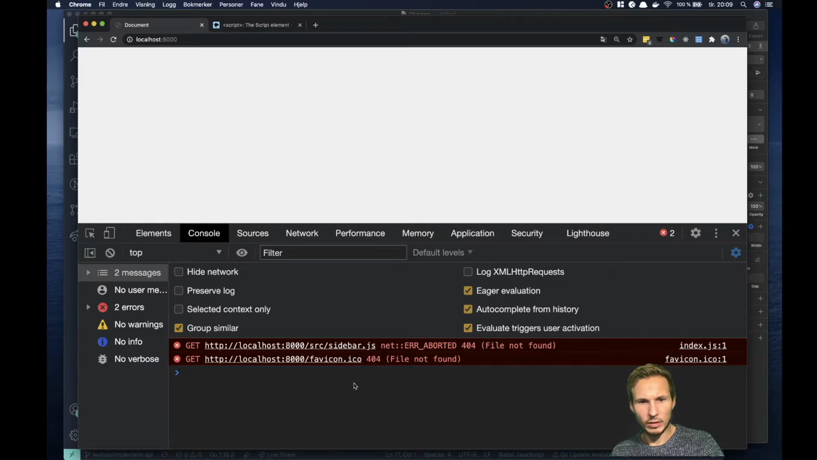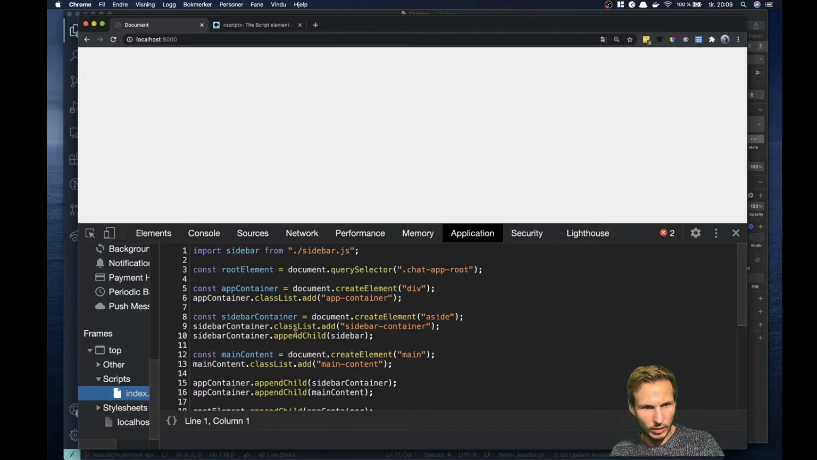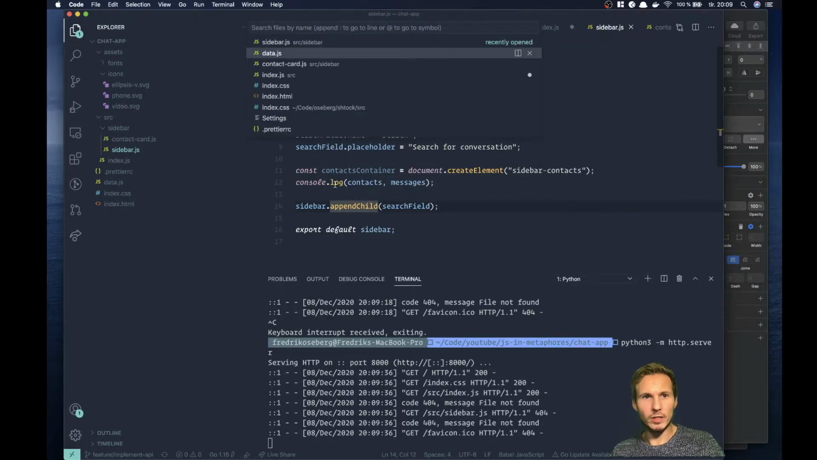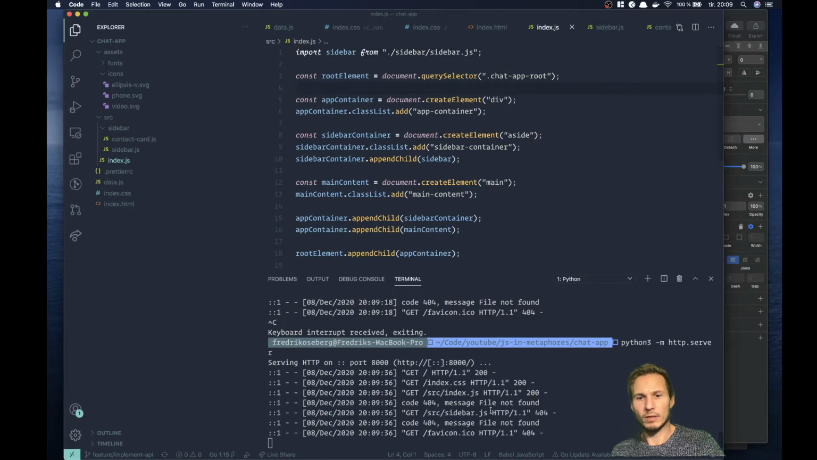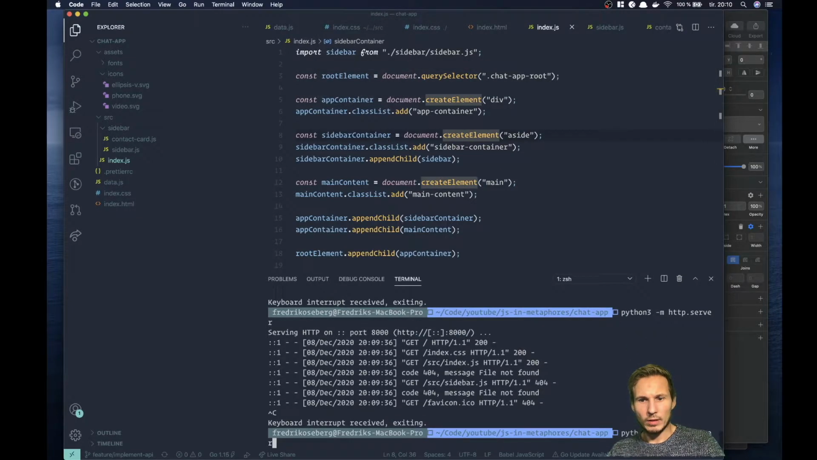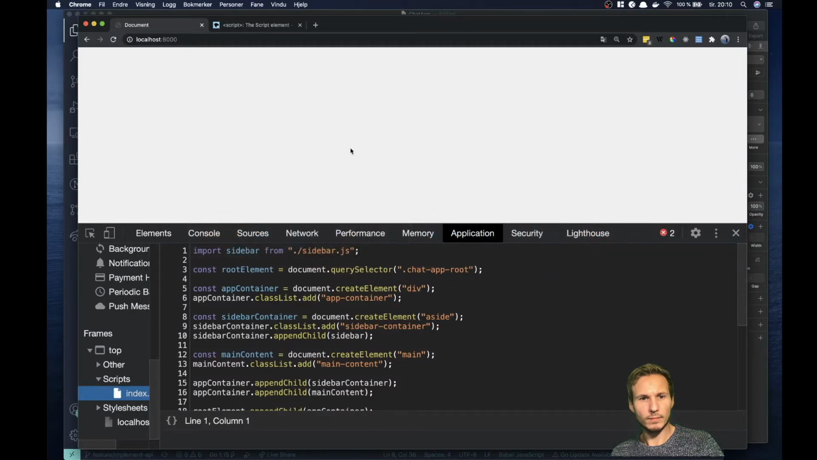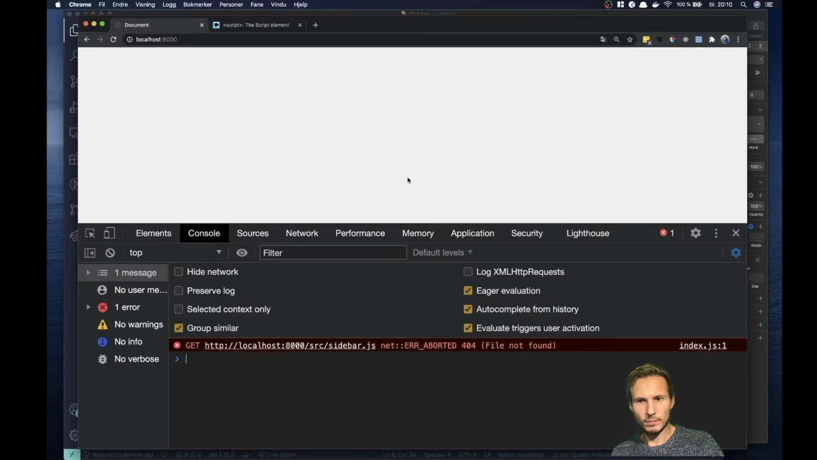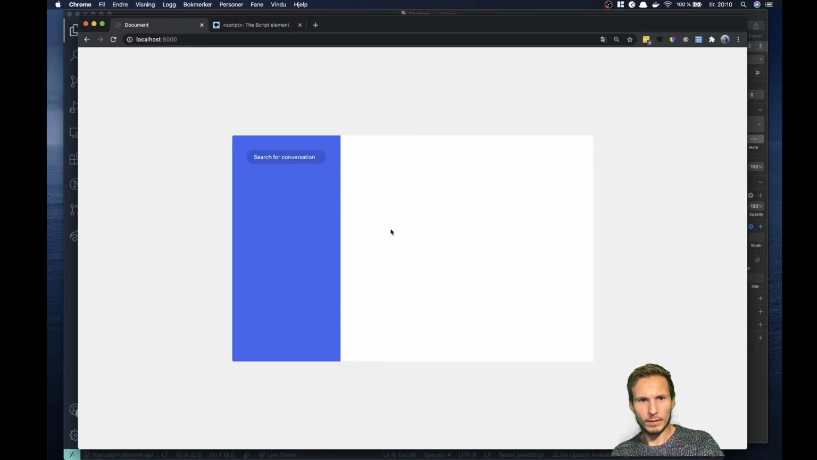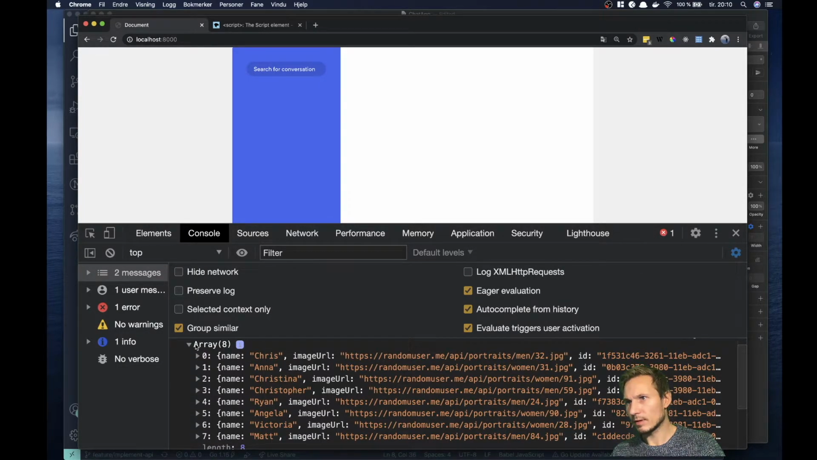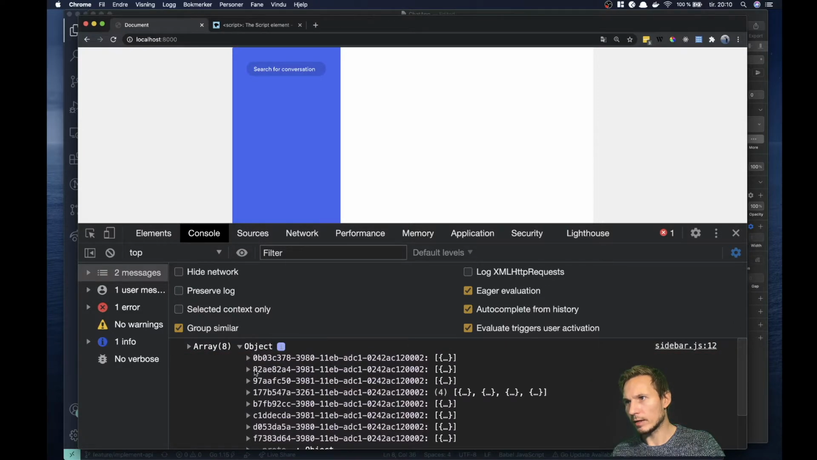So it looks like our index file is still importing from /sidebar. And if we go back to my previous comment, nothing ever happens unless you actually save your files. So let's go ahead and make sure we save all our files, and we start our server up again. And here we are. And here's our contacts logged out to the console. And here is our